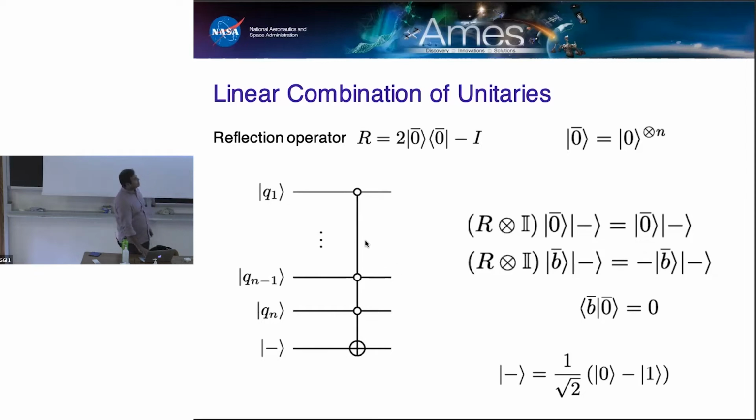And the way it works is, conditioned on all these qubits being in the 0 state, if I apply just the NOT operation, which is just an X gate, right? Then you can see that the effect this minus state has on this is basically just to send it to -1 times this state, right? Because 0 gets sent to a 1 and 1 gets sent to a 0. And this state, by the way, is very simple to prepare as well. You just have to apply a Hadamard gate followed by a Z gate, or you can apply an X gate followed by a Hadamard gate to the 0 state, okay?